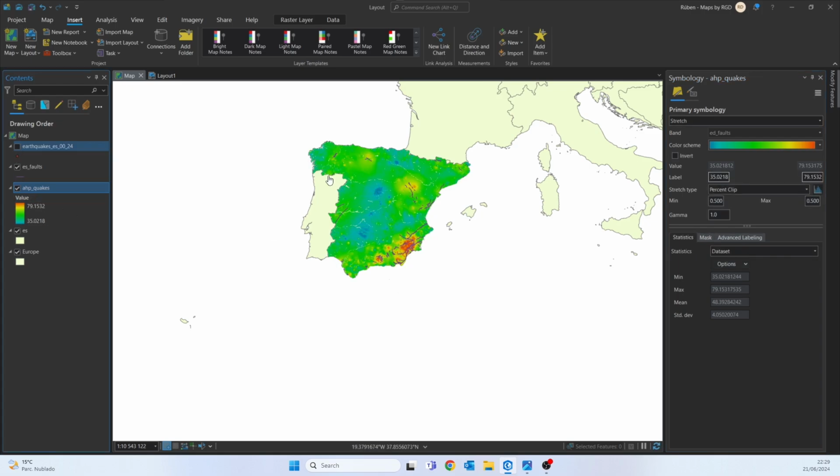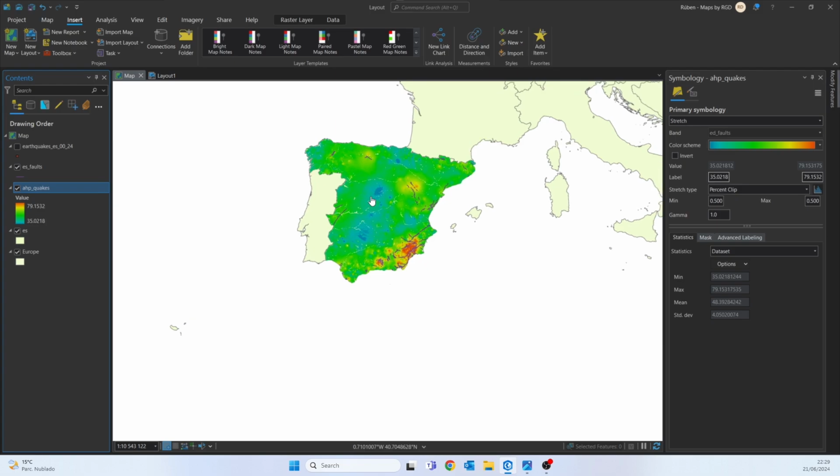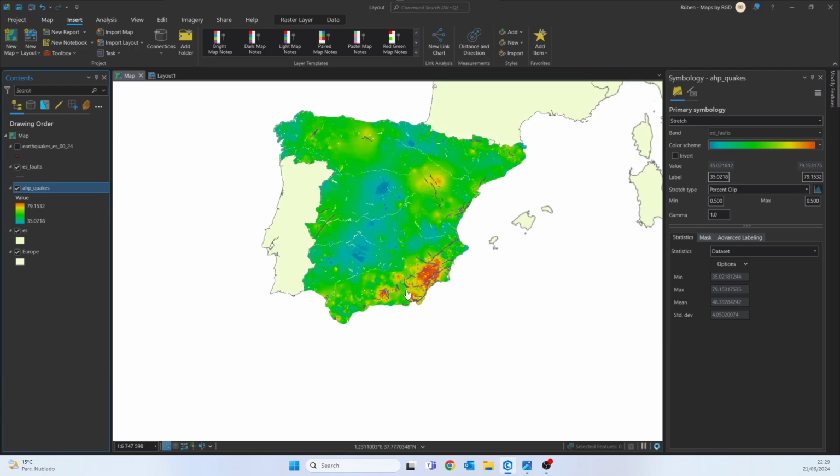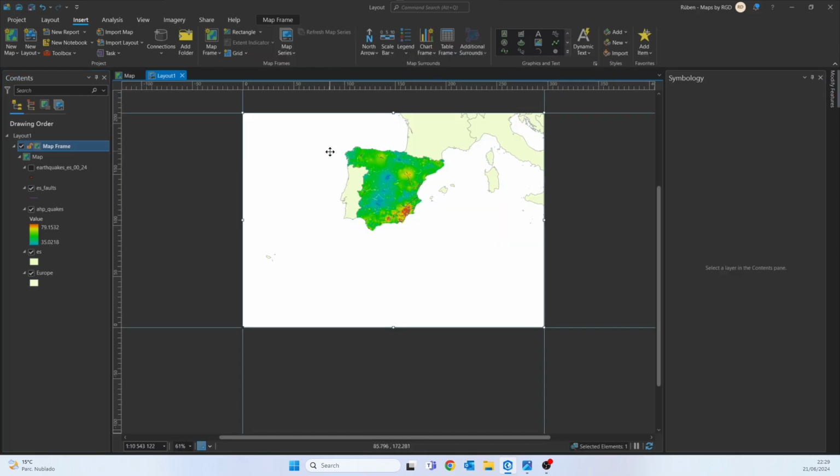And let me move this. We can already see that these values here are higher, and we can see that the earthquake susceptibility is higher right here and lower, for example, right here in the center of Spain. Let's go back to our layout view, and we can start